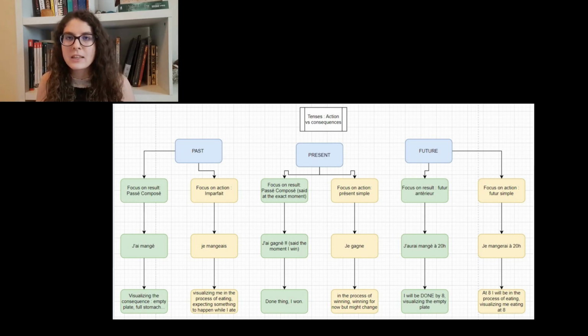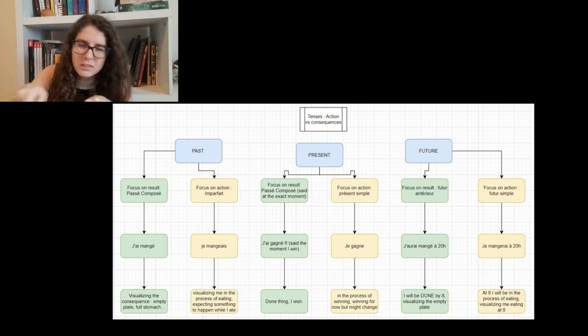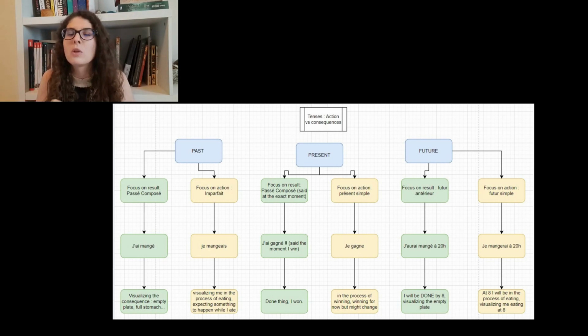Another example I like to give is fixing the car. If I say hier Paul réparait ma voiture, you're visualizing Paul trying to fix the car, maybe being annoying, whatever. But we don't actually know if he's fixed it or not. We just know he was fixing it at some point yesterday.